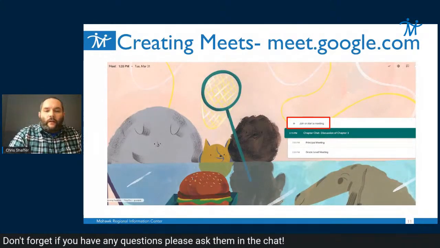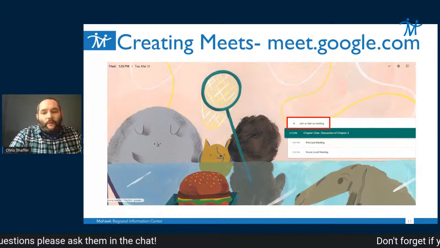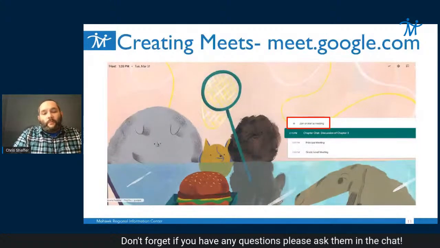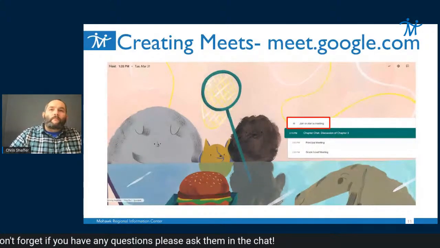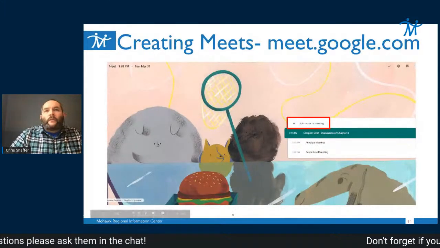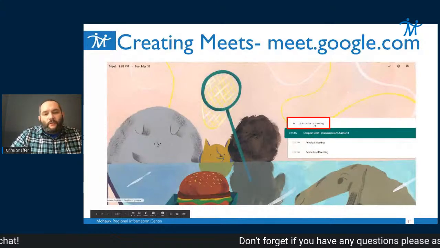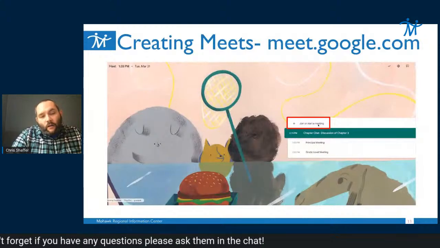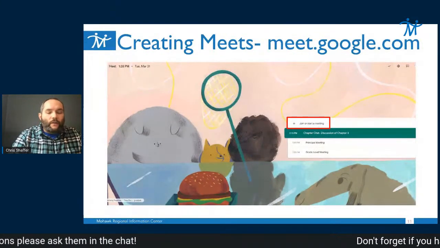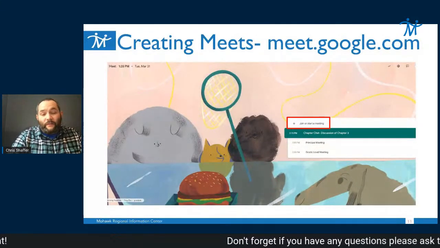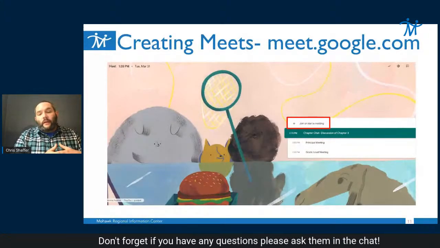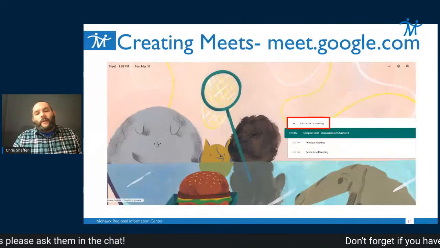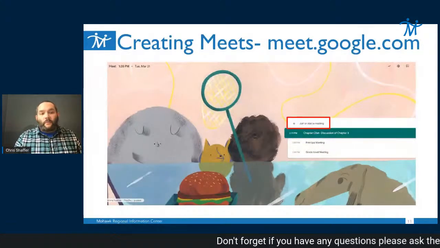The other way to create Google Meets, and this is the one I would recommend you probably use going forward, and I'll talk about why, is to just go to meet.google.com. When you get to this page, there is a join or start a meeting option that appears. When you click on that, it lets you create a meeting with what they call a nickname. So what you would want to do is pick something that's fairly specific to you, because Google Meet has exploded in popularity. So many more people are using it now that if you use something generic like staff meeting,